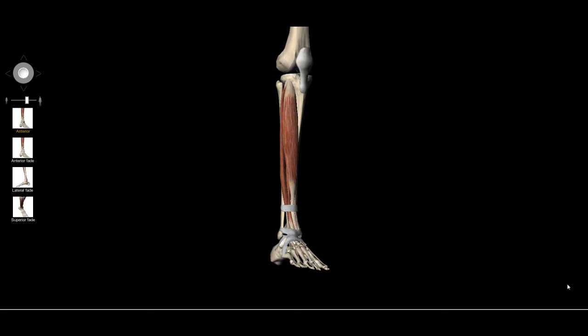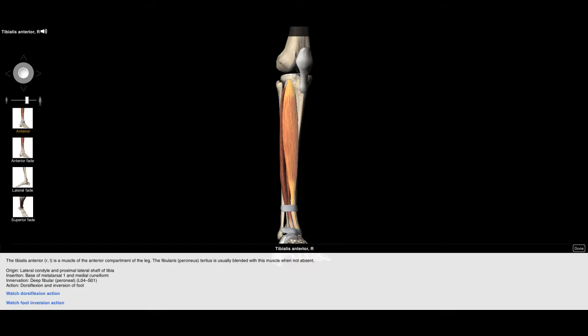We had a chance to look at the muscles that plantar flex the foot in space. And now I want to take a minute and examine the muscles that dorsiflex the foot. So these are the muscles in the anterior compartment, and the first muscle is the tibialis anterior. So we can see that it wants to just pull that foot up and in a little bit,